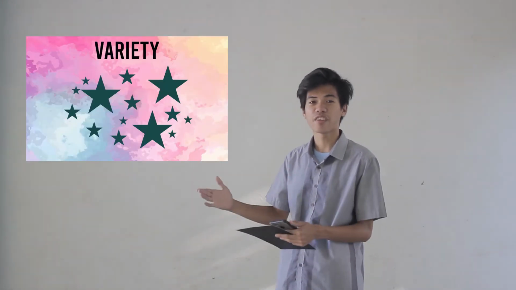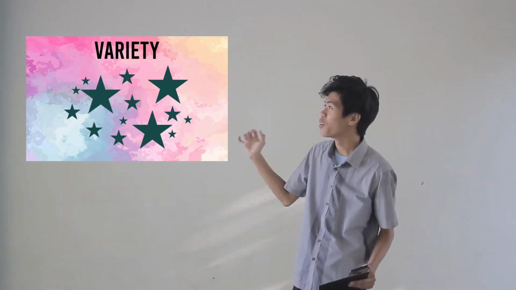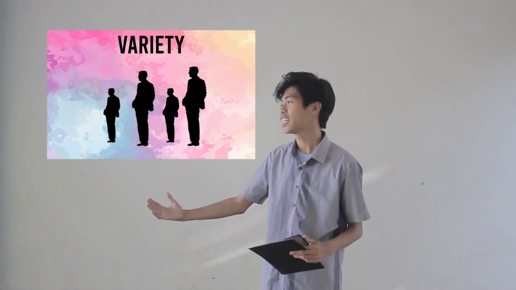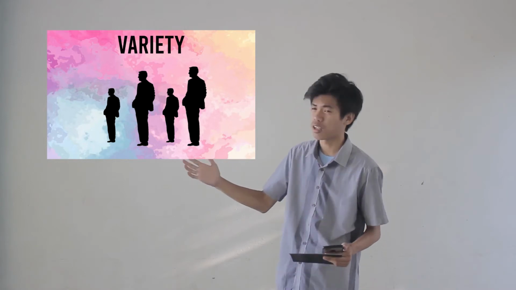Now, let's move on to variety. Variety is a principle of art that adds interest to an art form. Variety works through juxtaposition, contrast. When an artist places different visual elements next to one another, he or she is using variety. So variety means differences. For example, different sizes. You can observe in the picture, we have different sizes of stars. And you can also have different sizes of humans. As you can observe, the one is short, the other one is tall. So that is an example of variety.